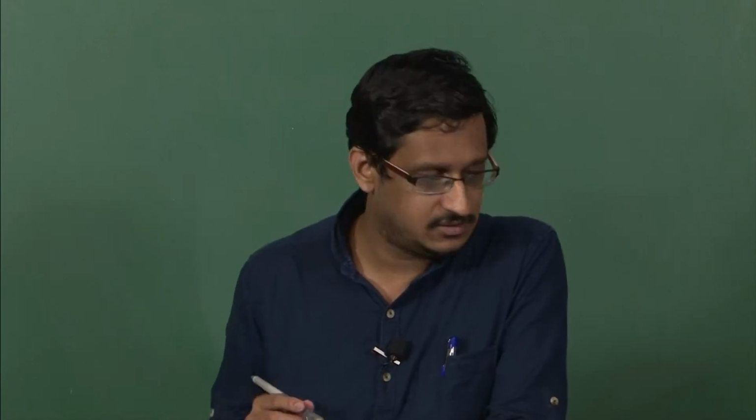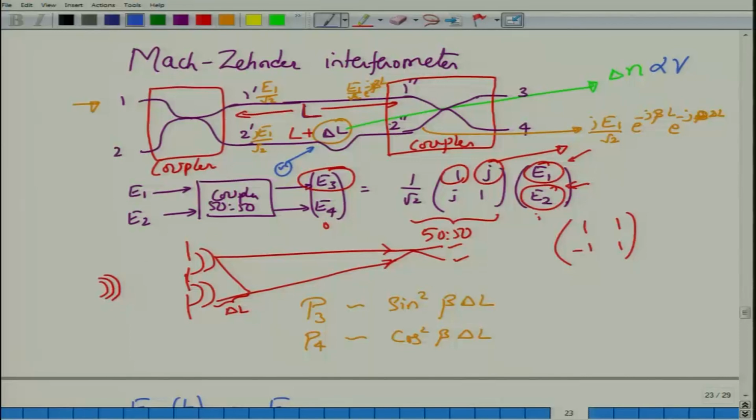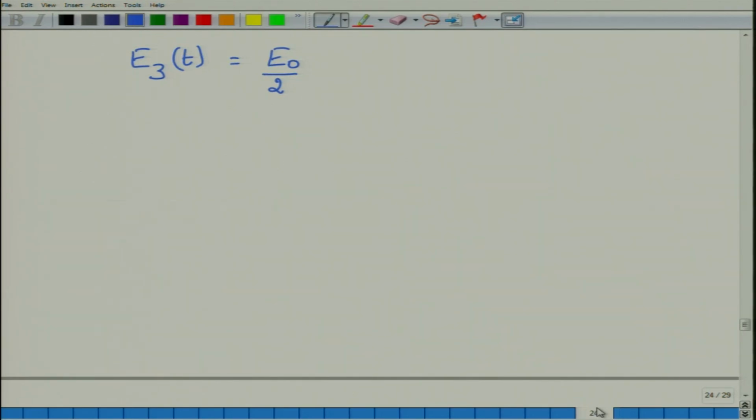So, the output can be written as some E0 by 2, because the inputs in 1 double prime and 2 double prime would have combined to give you outputs in 3 and 4. So, 1 by root 2 and 1 by root 2 multiplied twice, therefore, you get a half over here. So, you have E0 by 2 and some common phase factor of e power minus j beta L,